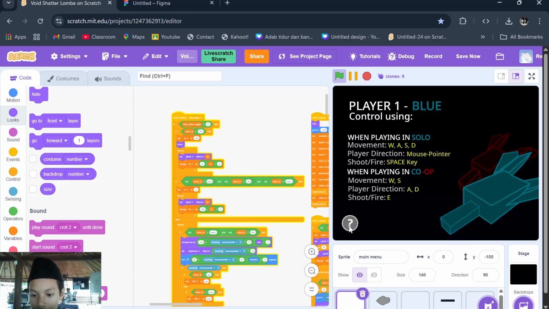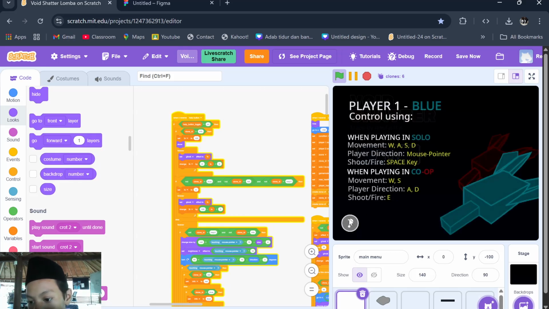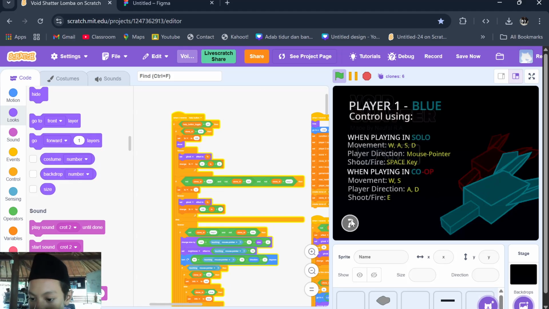Also, the controls for blue, player one, are different from the red player. This makes a transition like that. And you can only see the info if you click the question mark button.